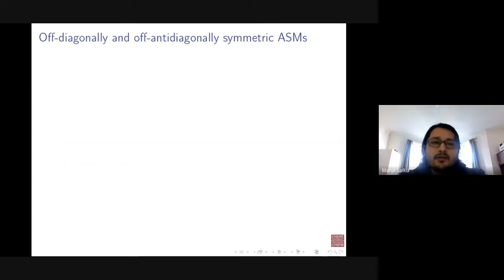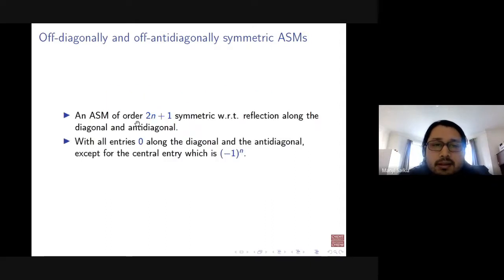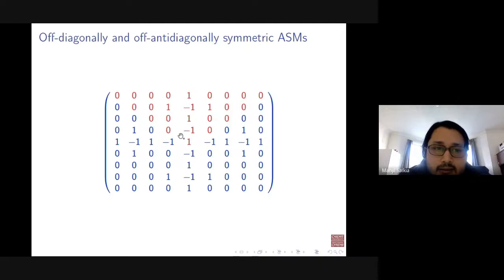So let's look at something called off-diagonally and off-anti-diagonally symmetric ASM. This is the same matrix like before. For an off-diagonally and off-anti-diagonally symmetric matrix, we have the condition that the matrix is symmetric with respect to reflection along the diagonal and anti-diagonal. This will be the diagonal, and by the anti-diagonal, I mean the opposite diagonal. And by off-diagonally and off-anti-diagonally, I mean that all of the entries in the diagonal and